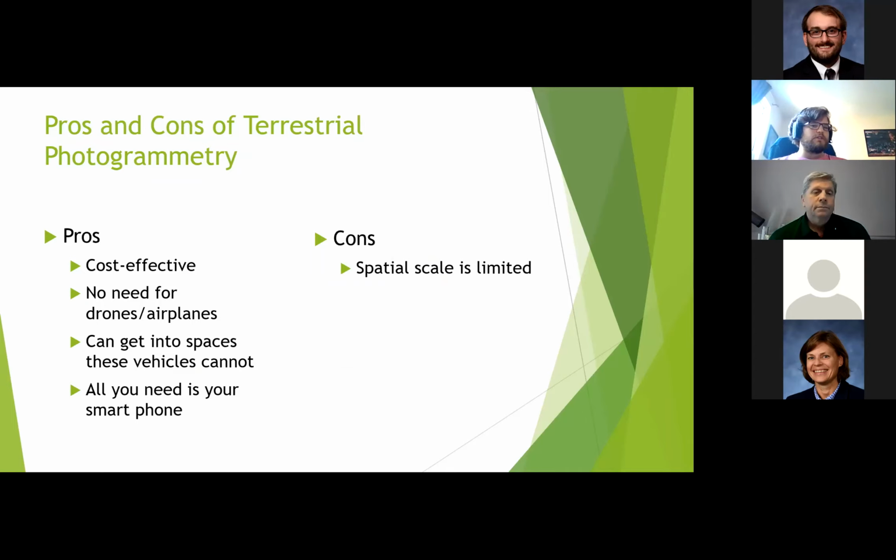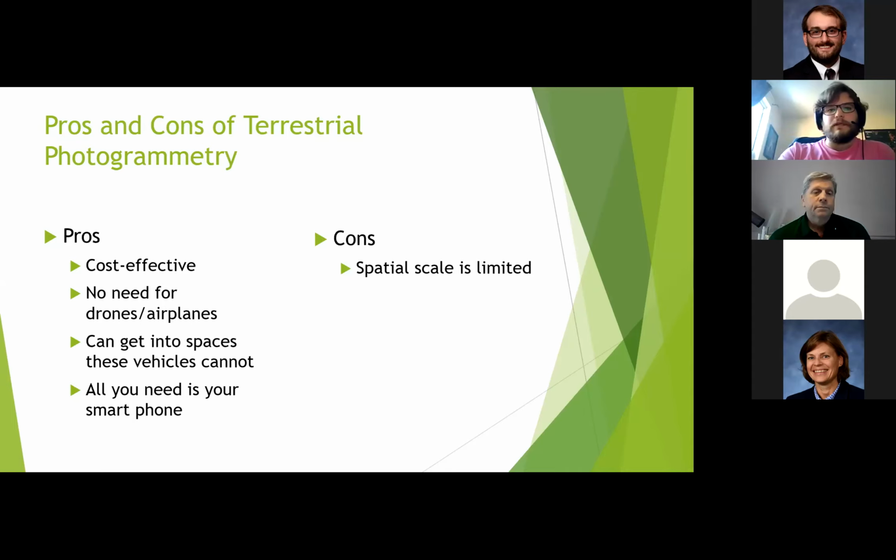You can also save a lot of time on flight plans, permitting and approvals that you need if you're flying in a public space. Also, using terrestrial photogrammetry, you can get into spaces that these instruments and vehicles otherwise cannot, say under a tree canopy or under a bridge structure. As I mentioned, all you might need is a smartphone, so it's a relatively low